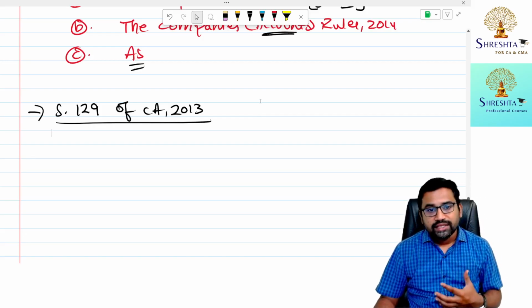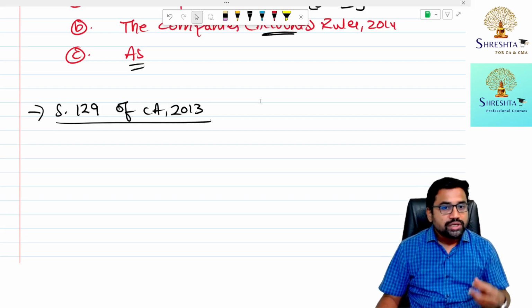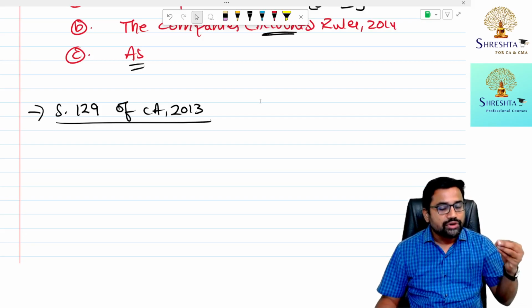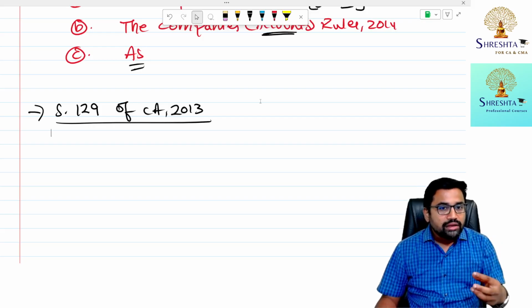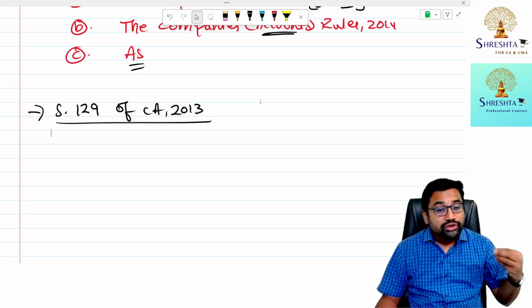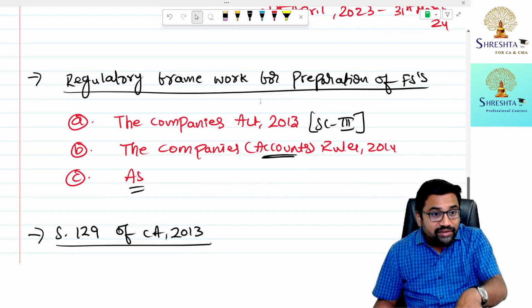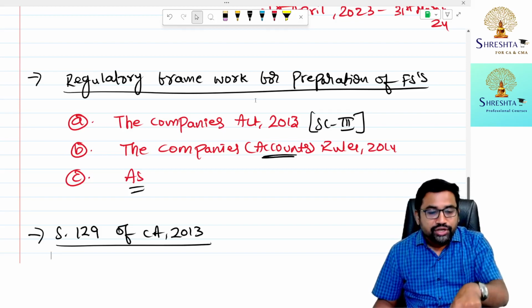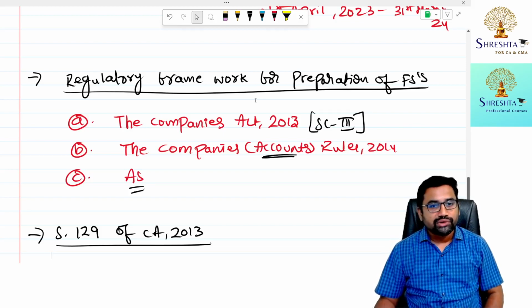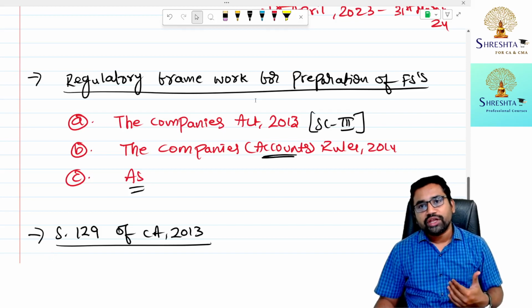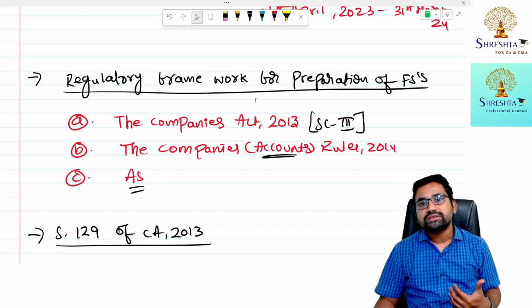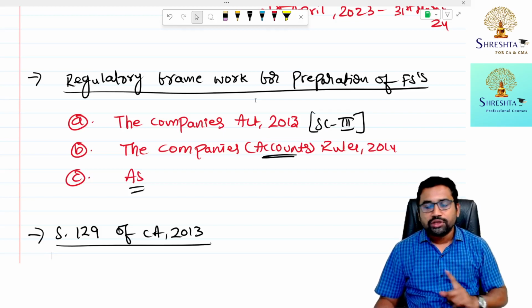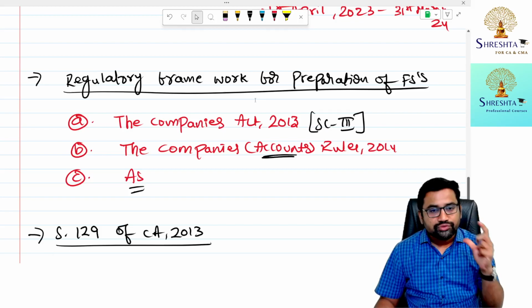And also they are saying that whenever you are preparing financial statements, you should keep in mind the provisions of the Companies Act. You should keep in mind any rules framed. You should keep in mind accounting standards. This regulatory framework we have discussed now, you need to follow. That point is also there in section 129. So what is 129? Whenever you are preparing financial statements, the main objective is true and fair view. No window dressing, no manipulation, no misstatement. Try to prepare financial statements with a true and fair view. It should reflect a true and fair view.